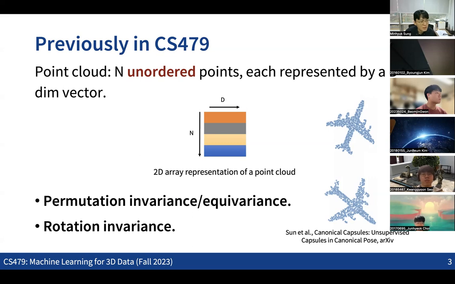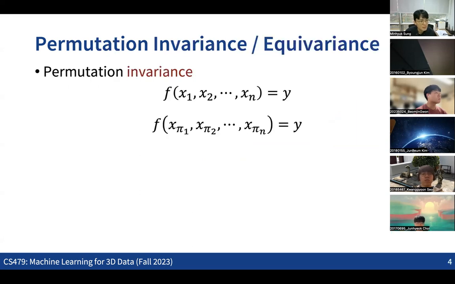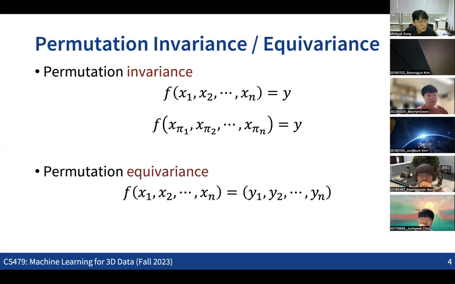For invariance and equivariance, the main aspect was this. When we change the order of the input data, so in a given point cloud, when we randomly permute the order of the points, how can we guarantee that the output of PointNet becomes the same, however we change the order of the points? That was about permutation invariance. And permutation equivariance was about how we can also get a set of data as the output, preserving the order of the points.